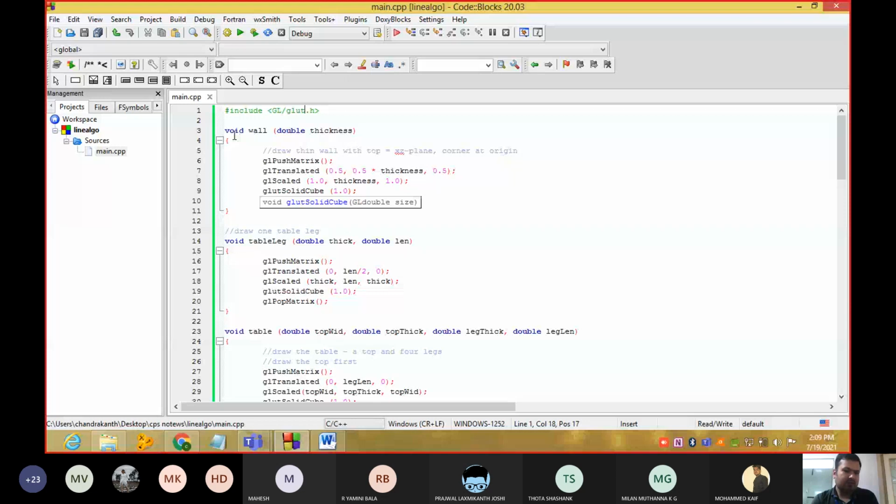So what we're going to do is call this wall function, and we're going to call this table leg function.